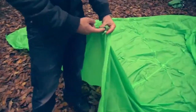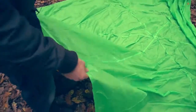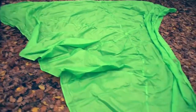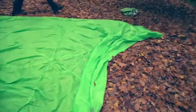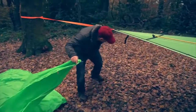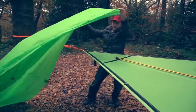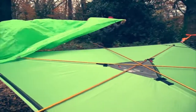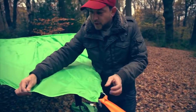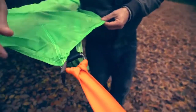Now the poles are going to fit into that pocket, but first we need to lay this over the poles. So I'm going to take the back corner, pass it to myself over there, over the strap, and then I'm going to pull it towards this side. At each corner of the fly sheet you'll find a hook at the very tip,